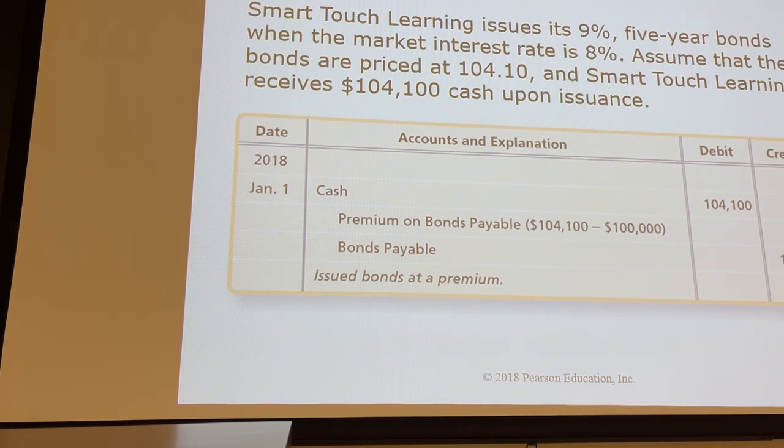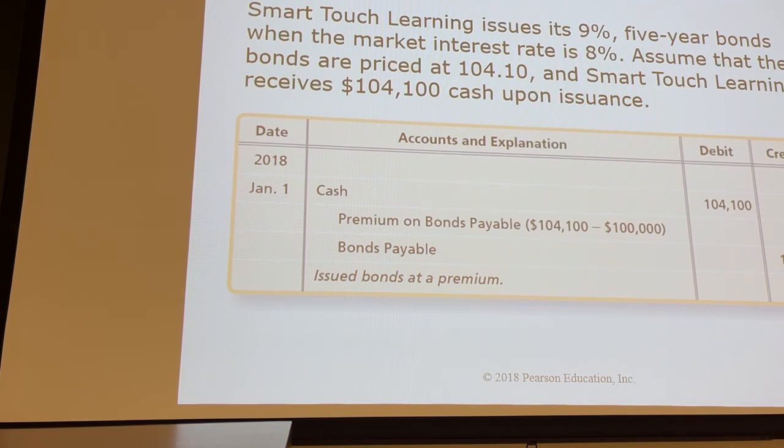It says the bonds are priced at 104.10. So even if they didn't tell you the dollar amount that Smart Touch Learning is going to receive, you could tell from that price that if it's $100,000 face value, the amount of cash they'd be receiving would be